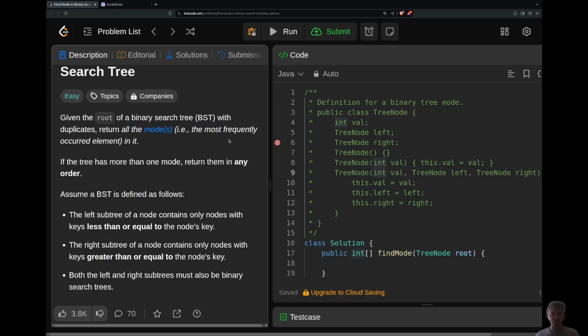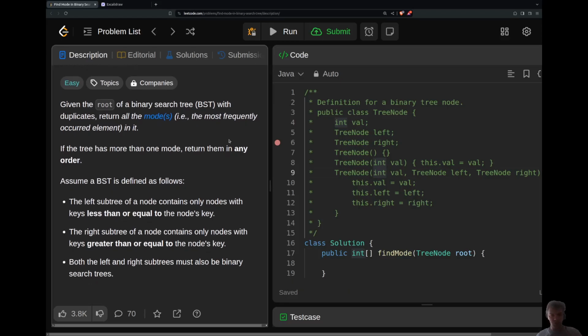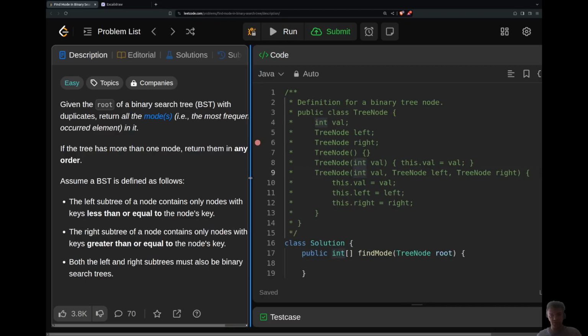So the easiest one is to walk through the binary search tree and save the frequencies of the elements into the frequency array, and store the maximum frequency also, like index. And whenever a new